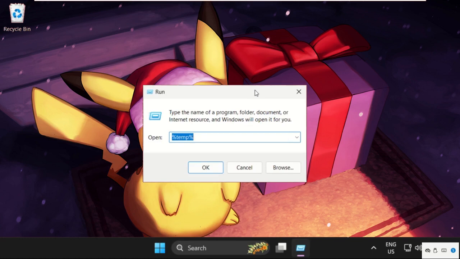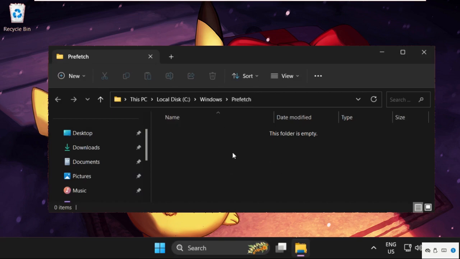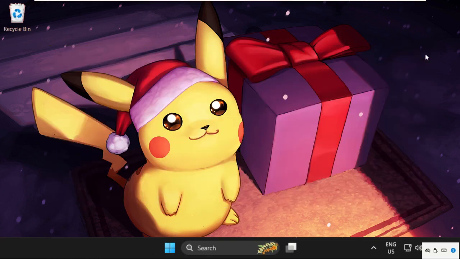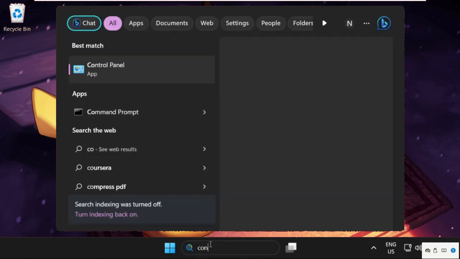This time type in prefetch and hit enter. Once again, just select the files and delete them. Now close this window. We need to go to control panel now,